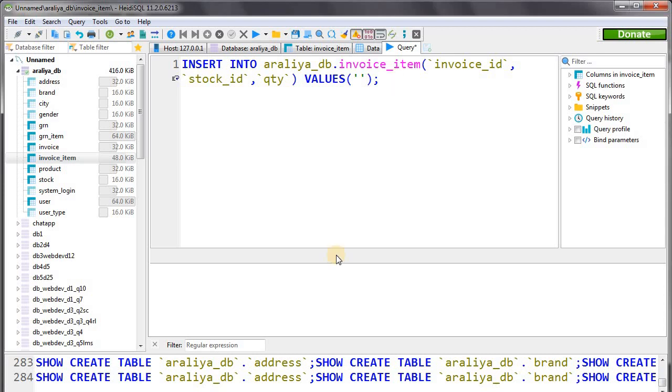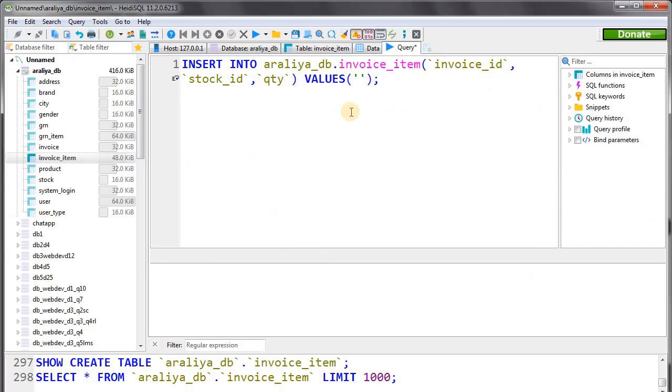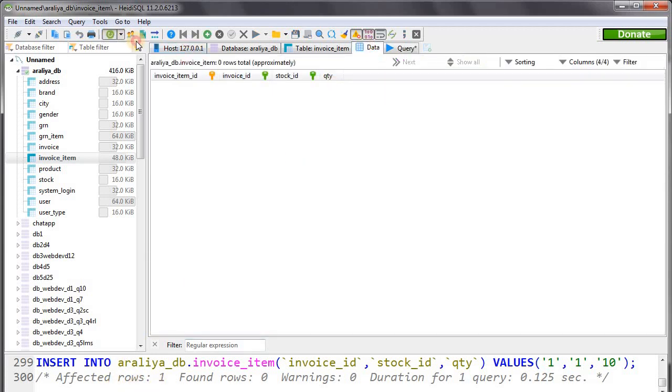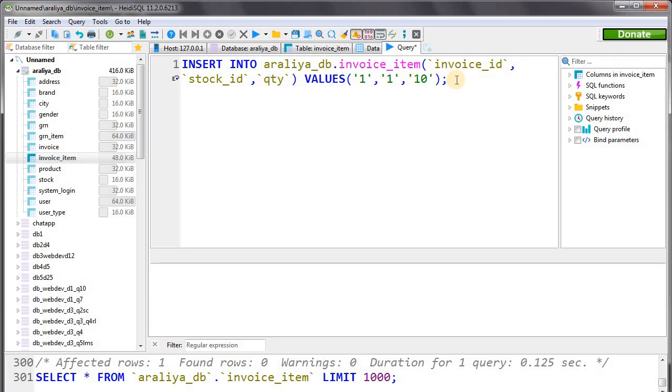Okay, invoice ID 1, stock ID 1 and quantity 10. Okay, let's execute this query. Here one row affected, that means our query is okay. Here these are the data. Now we can use this query to enter other details.